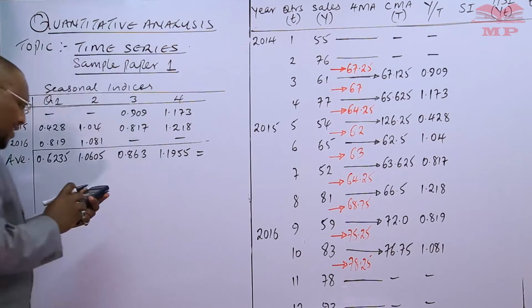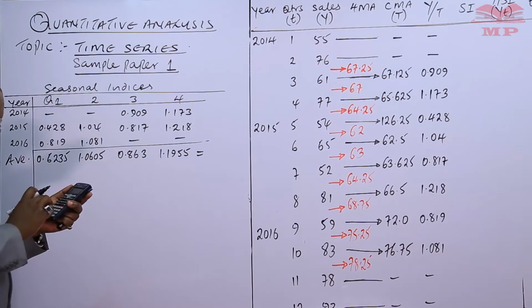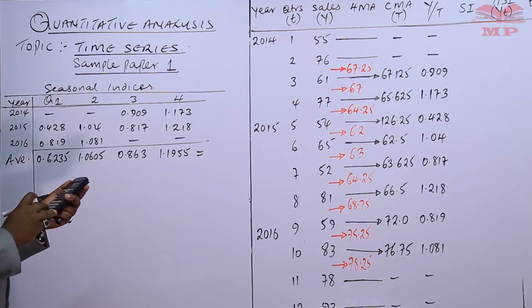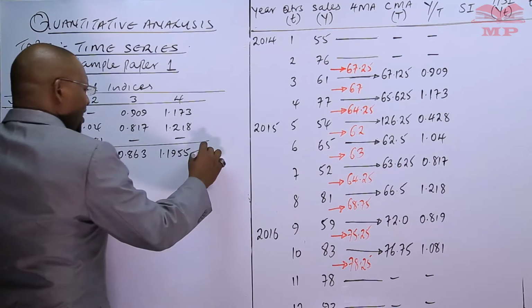If you add this now, plus 0.863 plus 1.0605 plus 0.6235, this is giving us actually